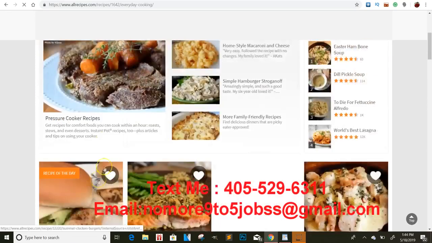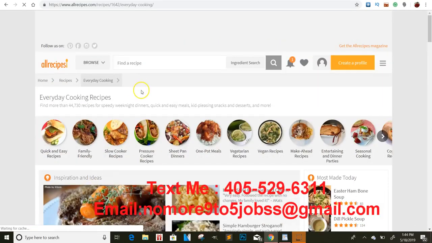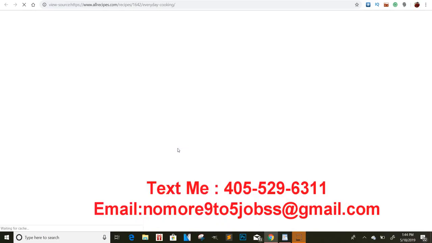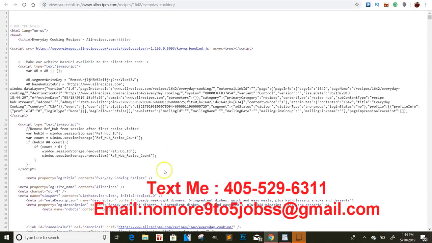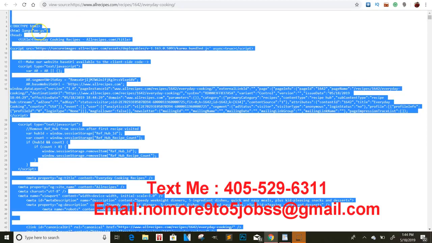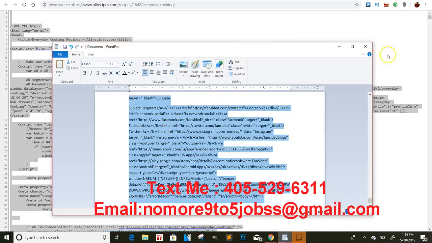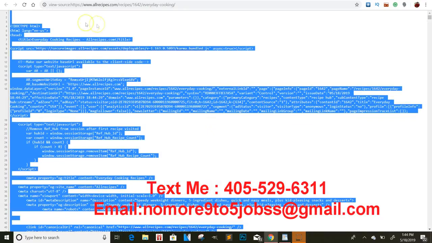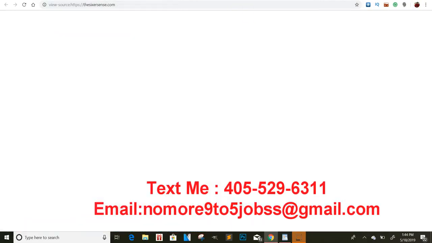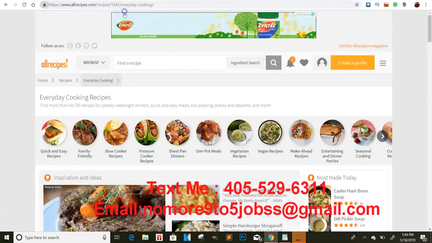Okay, so let's say you have all these different recipes and you want to run an ad to this. You right click, same thing, view page source, right? When it gives you all of this, you Ctrl+A on your laptop or computer, or if you don't have that, you just have to copy and paste it. You pretty much copy it. You would just go to a notepad, paste it in there, go make your content locker, paste your content locker at the top, then throw it back into CPAGrip, and you're good to go. You have now locked the content, okay?